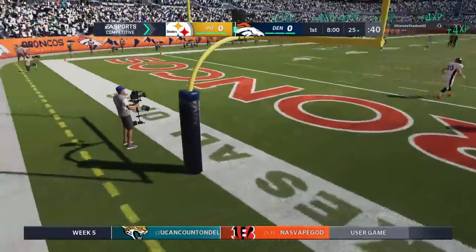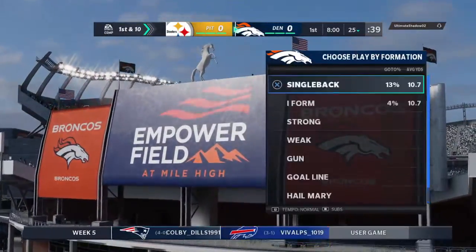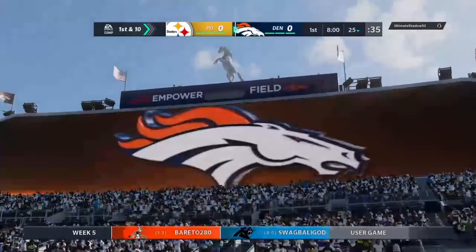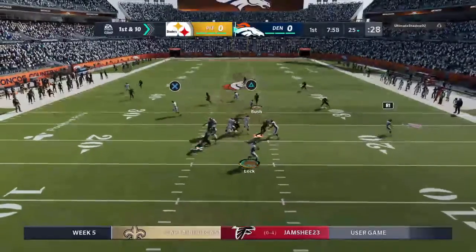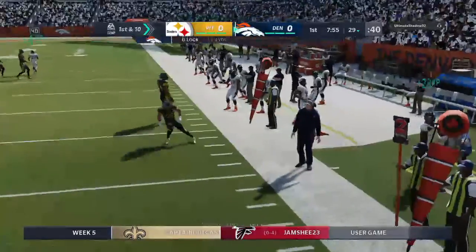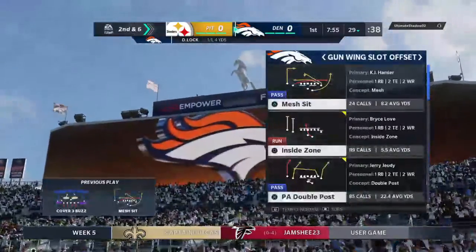Sports. And the Mile High air in full effect as that's out. On first down, Locke eluding the pressure right. Got an open man here, and it's K.J. Hamler. And he gets this up just shy of the 30 to...